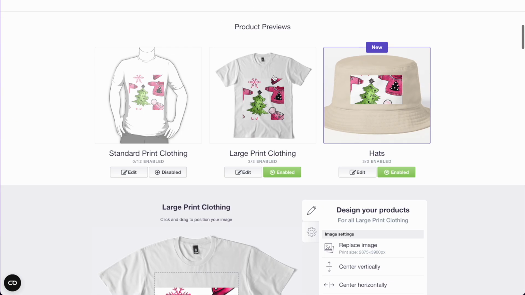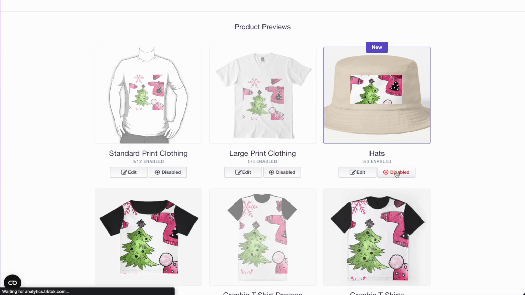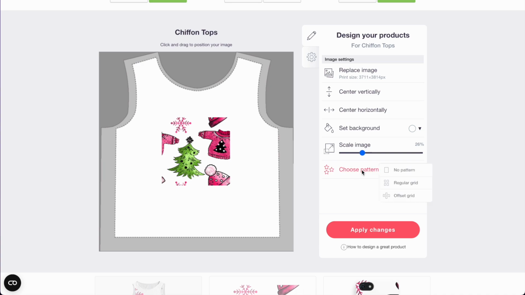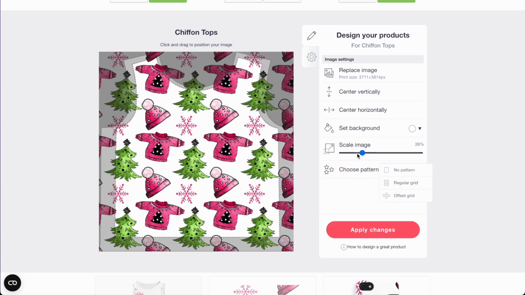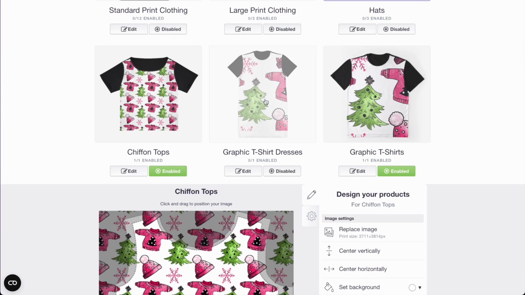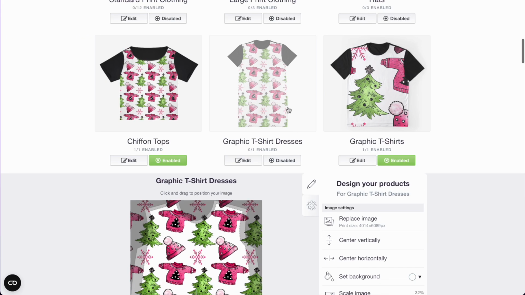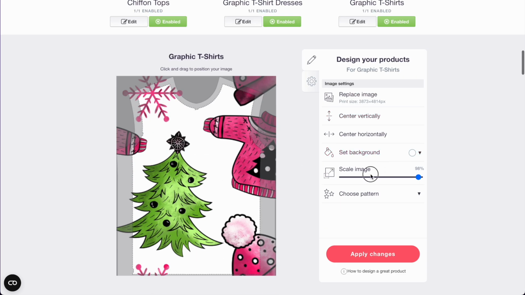I mean, this doesn't look good on a t-shirt. It won't look good on a t-shirt or on a hat. And the things that are all over print or have a large surface, we're going to use the regular grid to basically expand the pattern and show it. And that's pretty much what I'm going to do for the rest of this part of the video using RedBubble